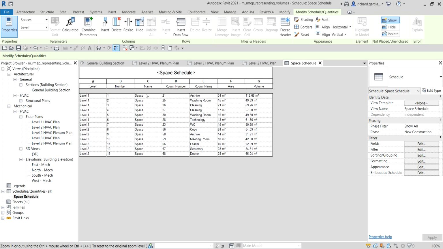Okay, so we want to have the room name here the same, and then the room number here the same. To do that, you can actually type it one by one. You can type the number, you just need to follow. Or what you can do is